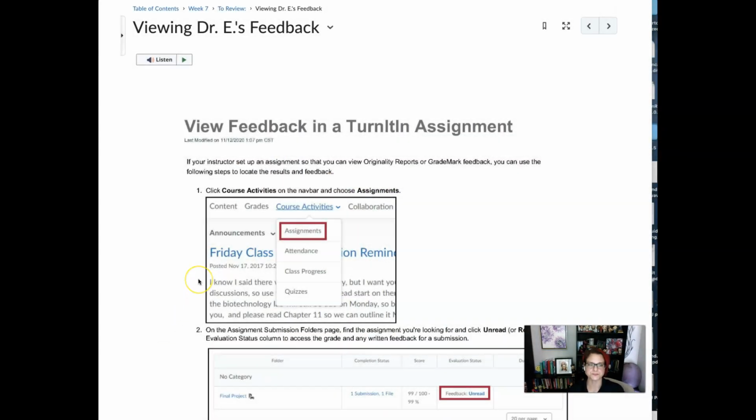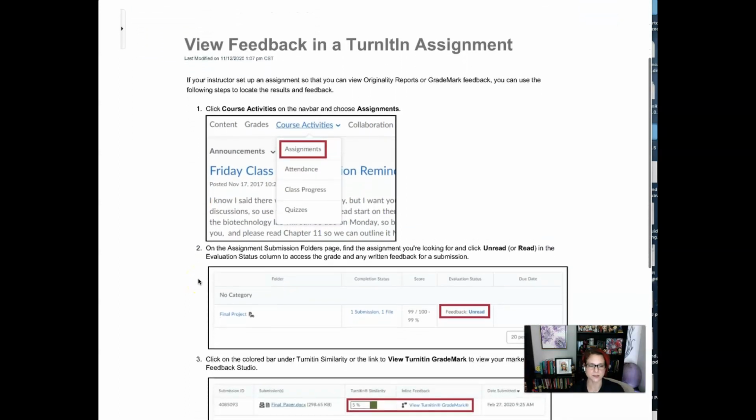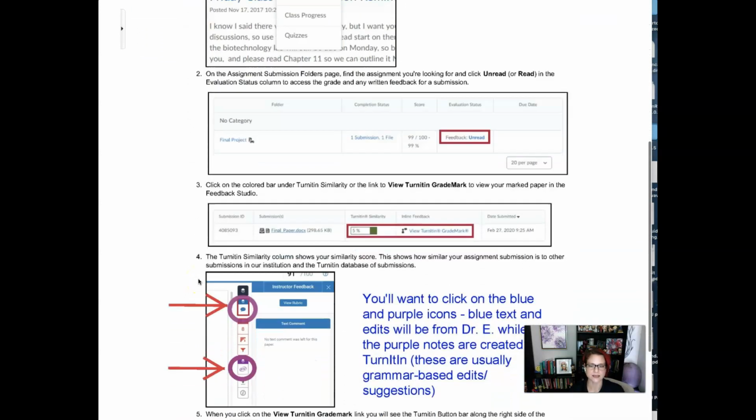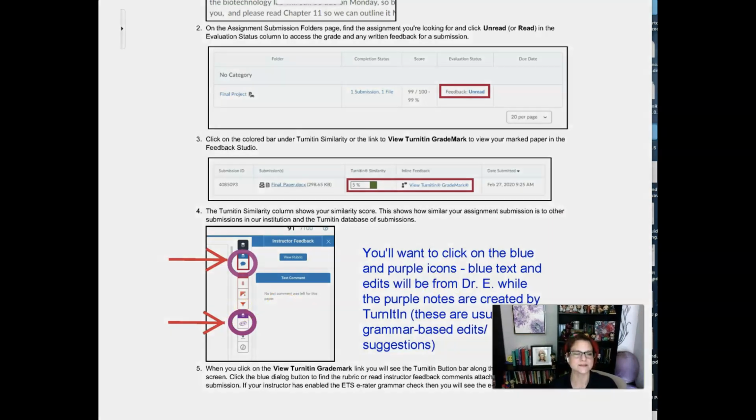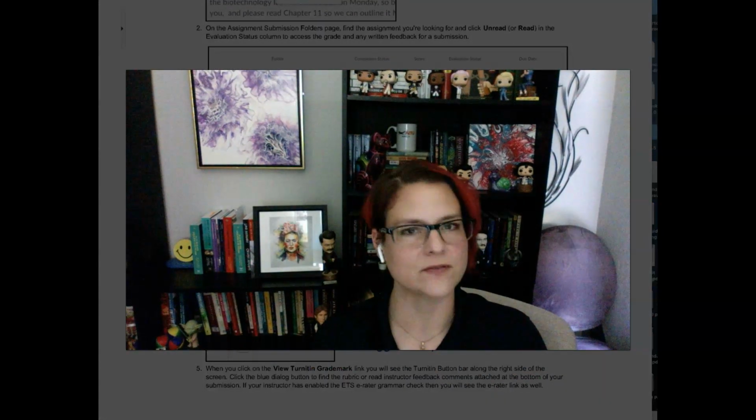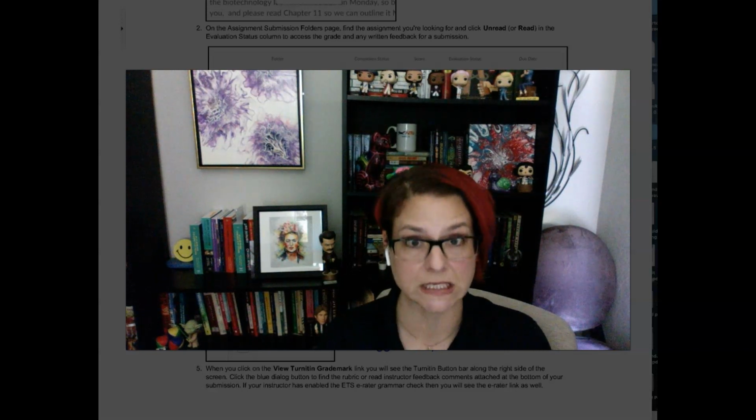When we left off, we were talking about viewing feedback in Turnitin, which is something that you'll want to do this week in order to prepare for the work that's assigned. So if I go back to this document, this is where you can double check how to do that and what it looks like. Make sure that the blue and the purple icons are selected so that you can see that feedback. I also want to note, because this is something that confuses people every semester because it is confusing,